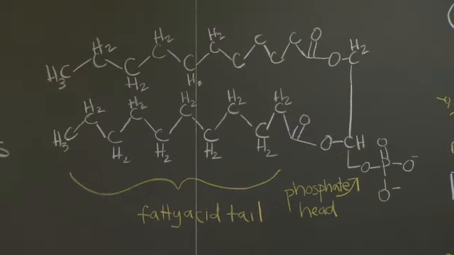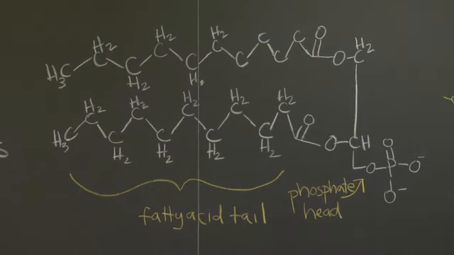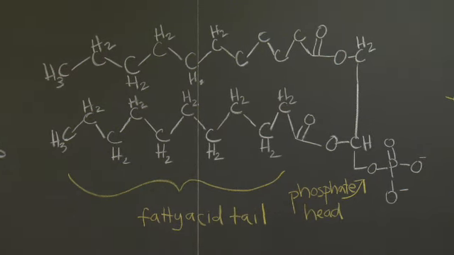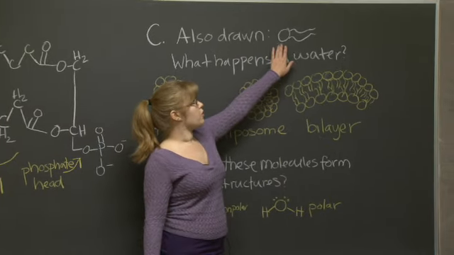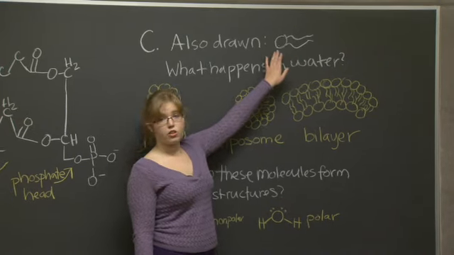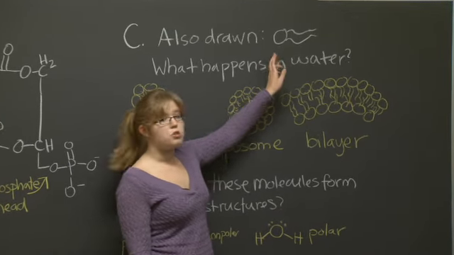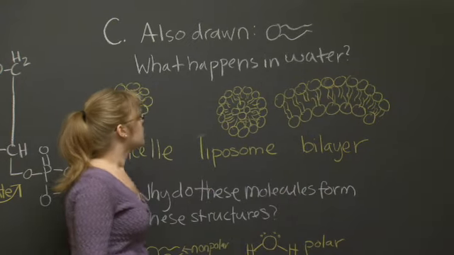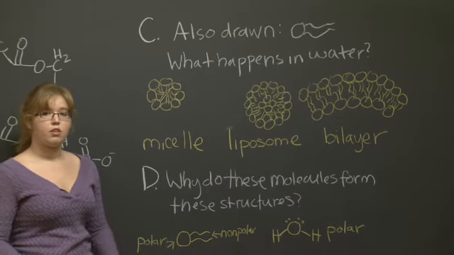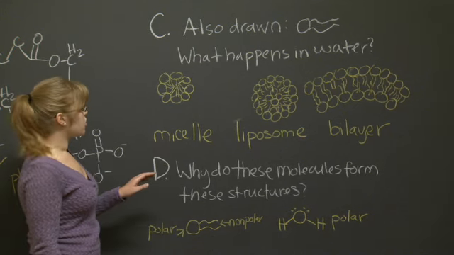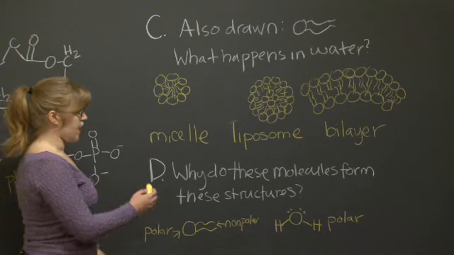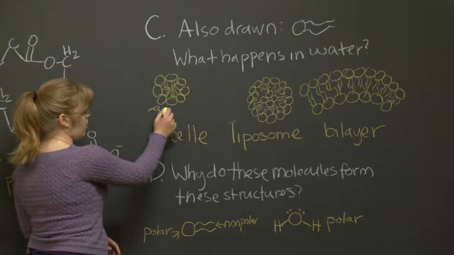So now that we understand what the function of these molecules is, this question asks us what would happen if we drop these molecules into a glass of water. Sometimes these molecules are drawn like this, with a circle as the phosphate head and two squiggly lines as the tail. If we drop these in water, we can get three possibilities. Either they can form a micelle, which is drawn with all of the heads towards the outside facing the water molecules,